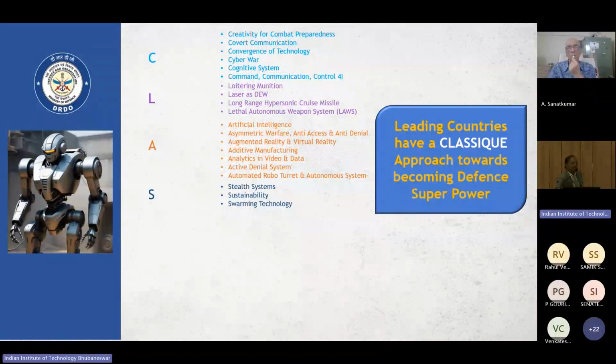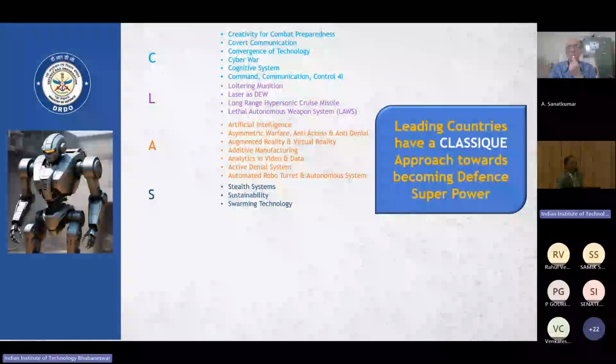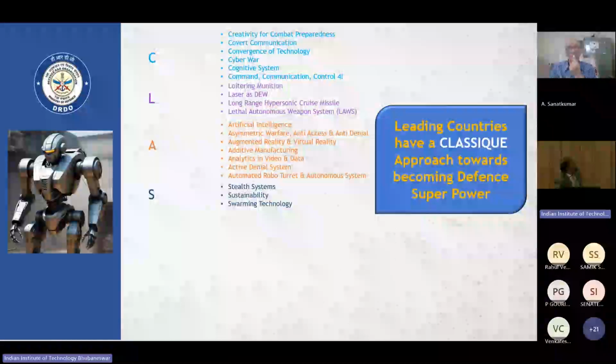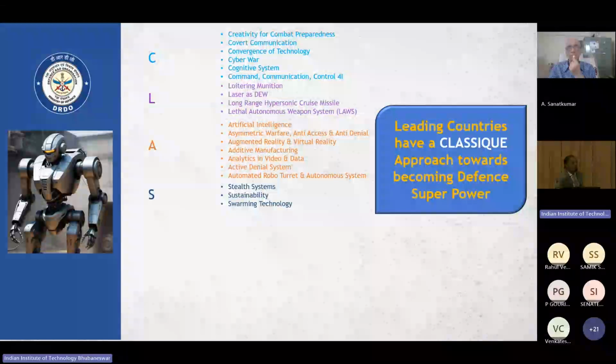You throw away your mobile every third day, but we cannot throw away weapons like that in the country, because weapons are not bought two or four at a time like you buy mobiles. We purchase in stacks to maintain the necessity for wartime. So if there is a system, the sustainability of that system is most important. And swarming technology is going to define the future of war. Why? Swarm of drones. I think all of you have seen how they create devastation.